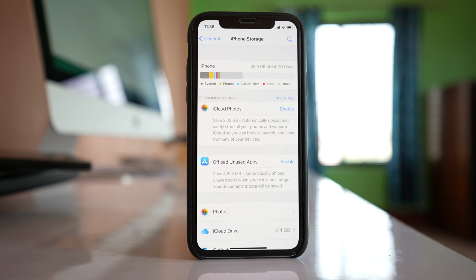So do all of these things and hopefully the images that you receive in WhatsApp will show in the gallery